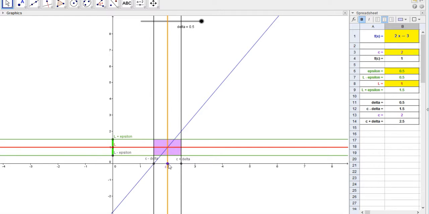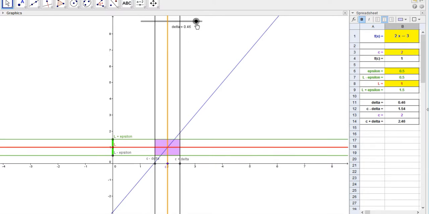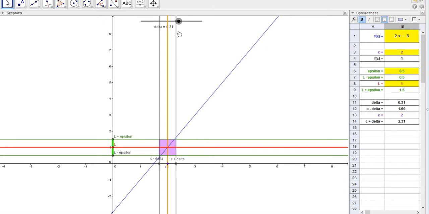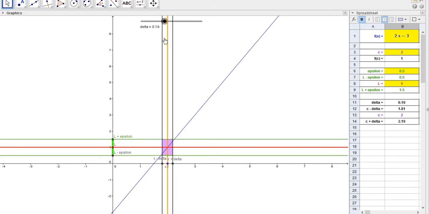So c is the thing we're taking the limit at. We're taking the limit as x approaches 2. That's where this orange line is. And c plus delta and c minus delta are these two vertical black lines here. Now, if we take the x values in between here, there are some y's that are outside of my little green strip. So what we need is a smaller delta, and we need to keep bringing this in until all the y values